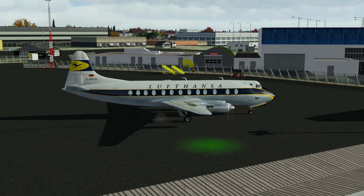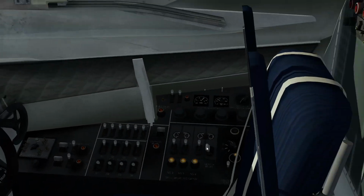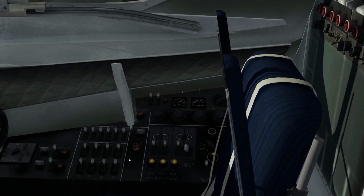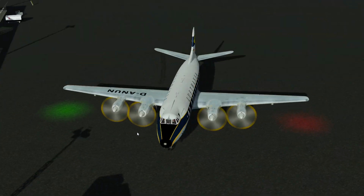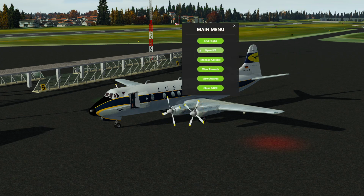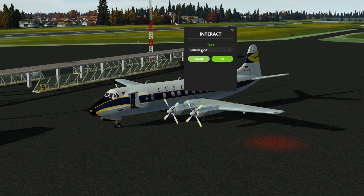We'll just stop here. Let me jump inside and then I'll just shut the engines. I just do it by cutting off the fuel like this. Quick and easy. I'll open the door. I'll just have a look at... oh yeah, we should have probably...